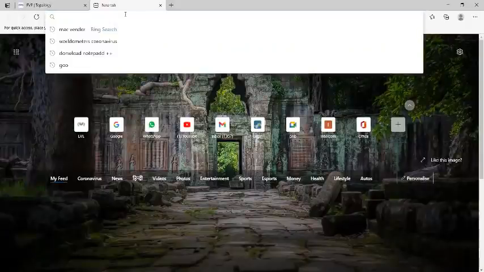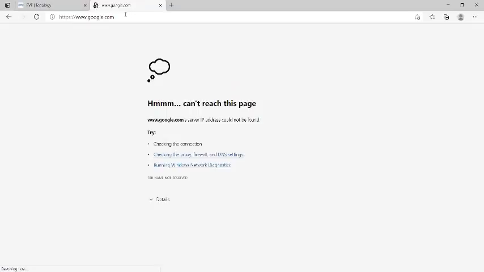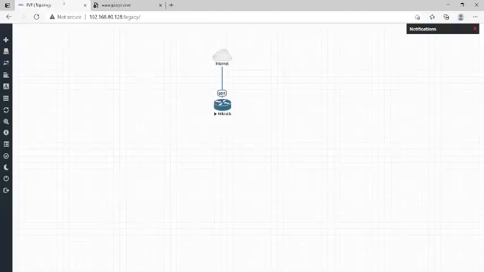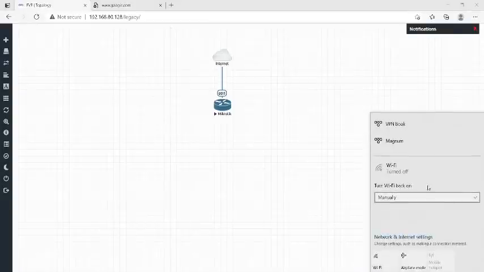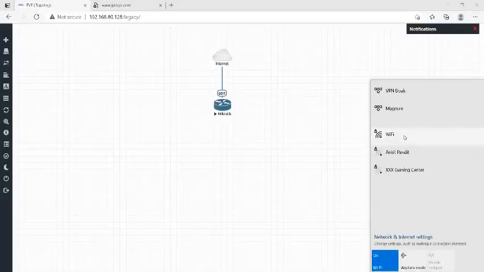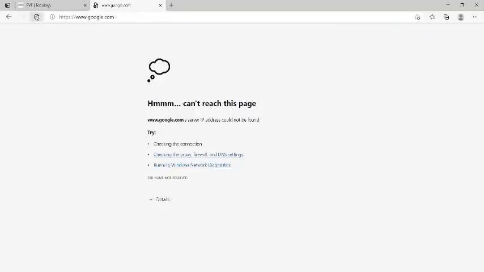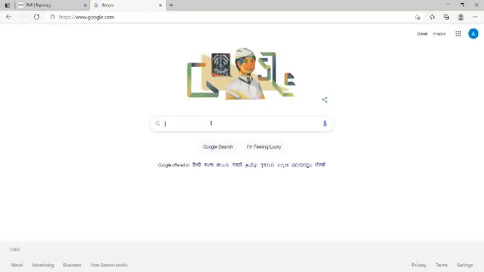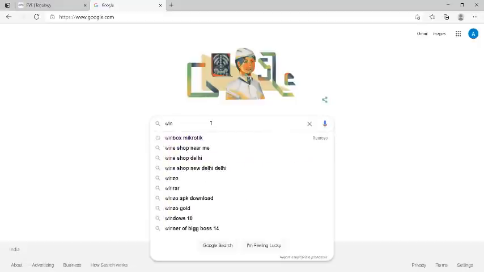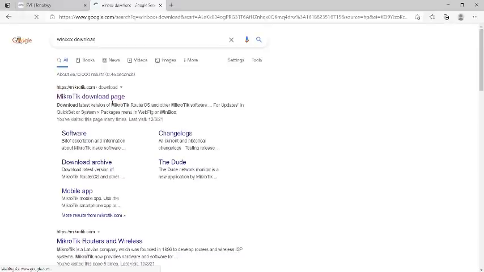So just go on your browser and search here. Sorry, my internet is disconnected, so let me connect the internet first. And this is connected, and refresh it. Now the internet is working, and search here the Winbox download, and this will show you the first page, https mikrotik.com. Just click on it,